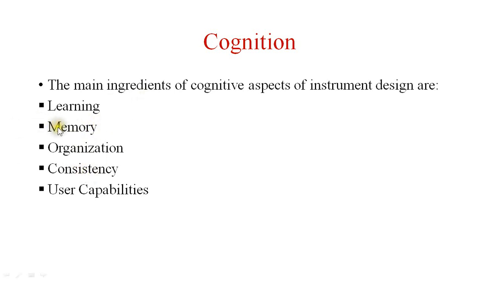The second one is memory. Memory recall and cognitive processes play a very important role in the easy operation of the product. Users generally have short term memory, so they can get the operations. If there are a number of operations to be performed by the product, then generally two psychological components are there in memory. One is recall directed searches, and the second one is recognition based scanning.